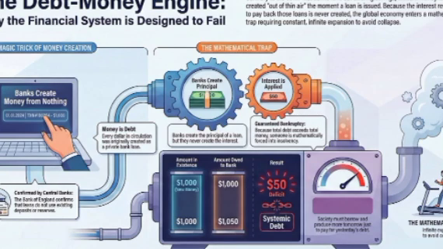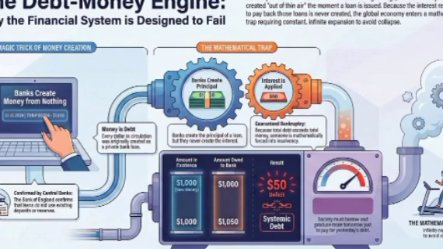It completely reframes how you see the world when you hear politicians demanding relentless economic growth, or when you see corporations pushing hyperconsumption. It's not just blind greed. It is structural desperation. They have to grow, they have to expand their balance sheets, or the math collapses. And this brings us to the most chilling quote from the entire text. It's the final verdict on the system we live in.